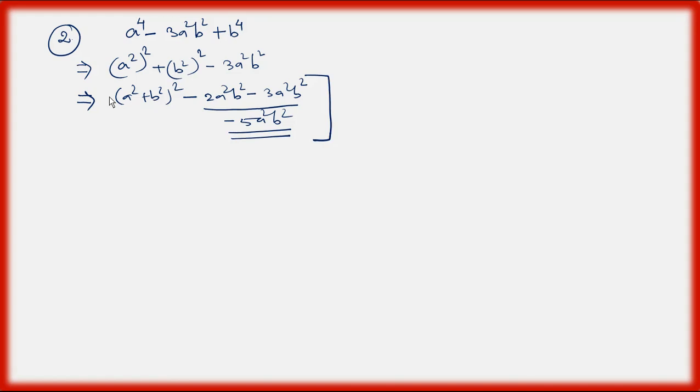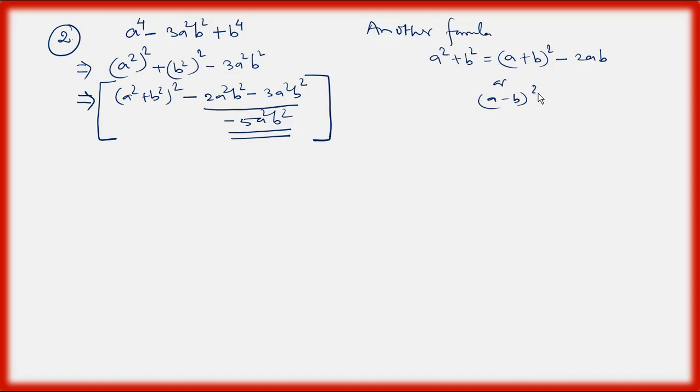So in this step, you need to think. We should not go in that way. So let's think of another formula, dear student. What is another formula? a square plus b square equals (a plus b) whole square minus 2ab is one formula, or (a minus b) whole square plus 2ab is another formula. That's why it is not applicable. So this is for your information I have written. From this step you have to go further.